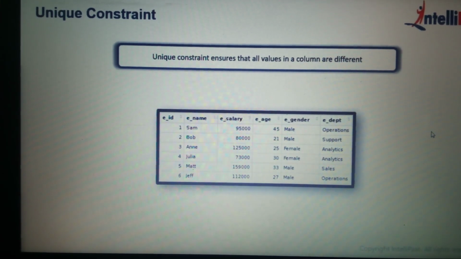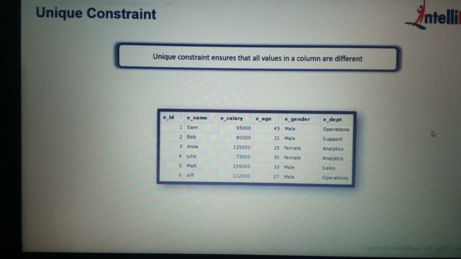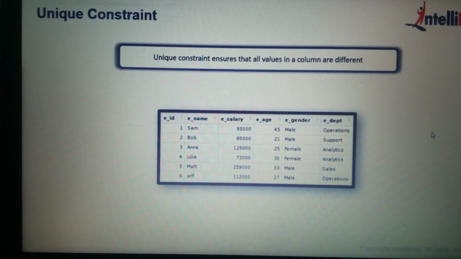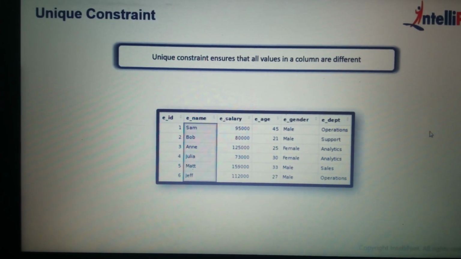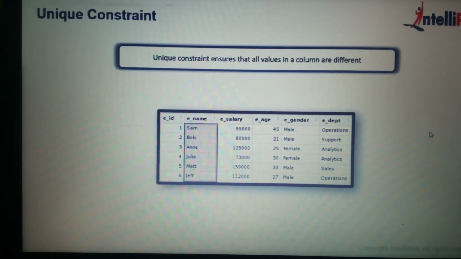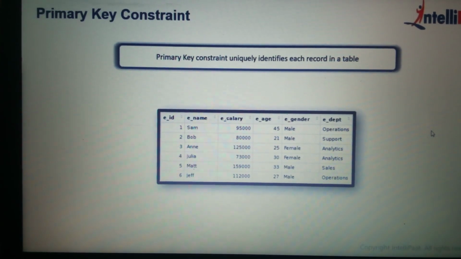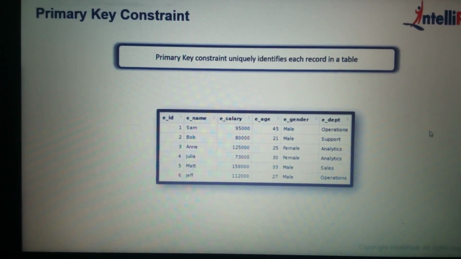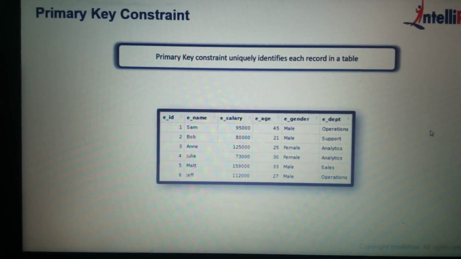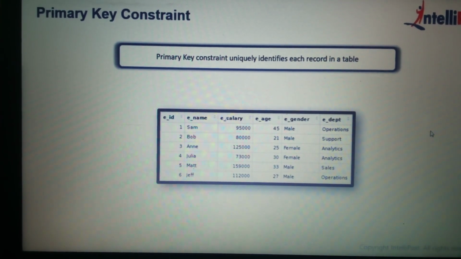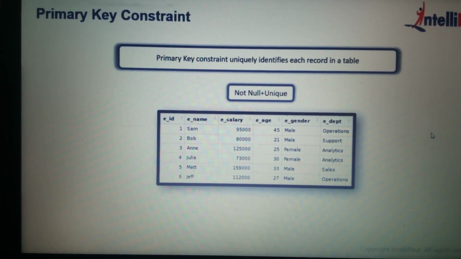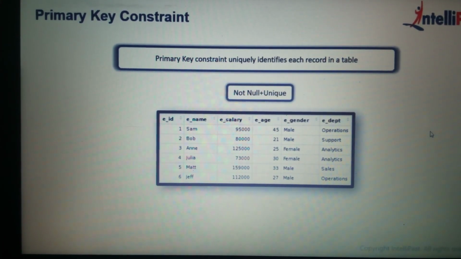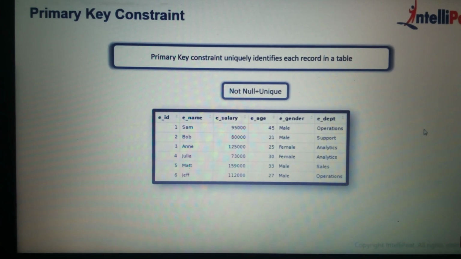Then we have the unique constraint, which ensures that all the values in a column are different. For example, if we assign the unique constraint to this ename column, then every entry of this column should have a unique value. And finally, we have the primary key constraint. So the primary key constraint uniquely identifies each record in a table. Or simply put, it is just a combination of the not null constraint and the unique constraint. So when we assign